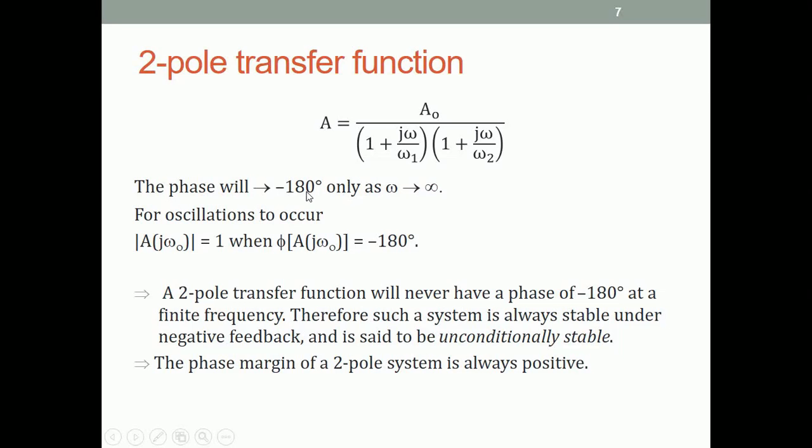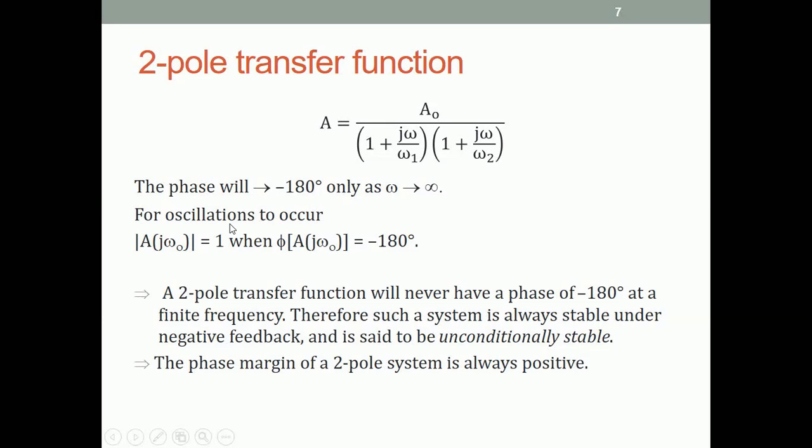Therefore, for any finite omega, any omega less than infinity, the phase is always less than 180 degrees in magnitude. Alright, so it may be 178, 179 degrees. It will never become 180 degrees because that happens only at an infinite frequency. Therefore,